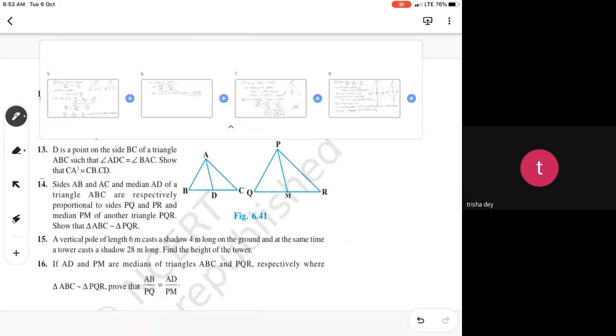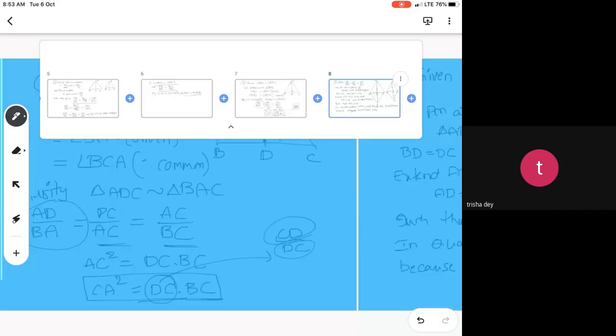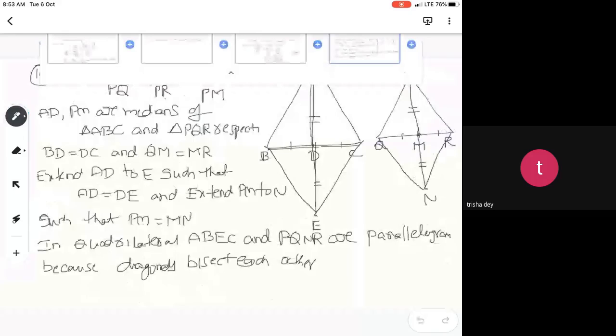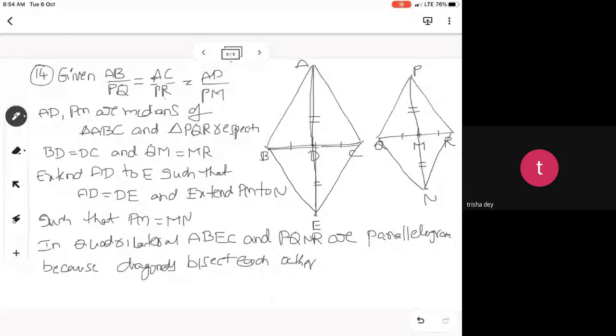Yes, sir. If I am making some mistake also, then you should be ready to identify it. Sir, there it should be AC by PR, you have written BC by QR and you have not identified. That means you are not concentrating. So here, see here,